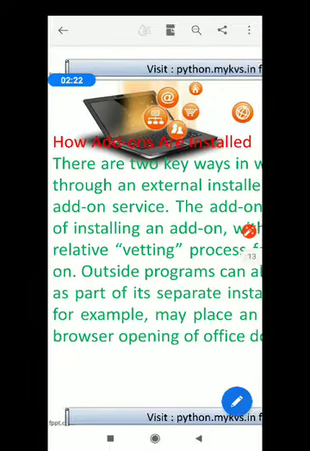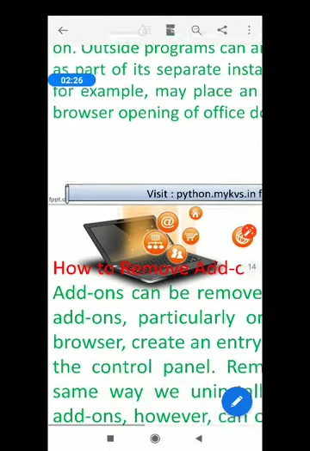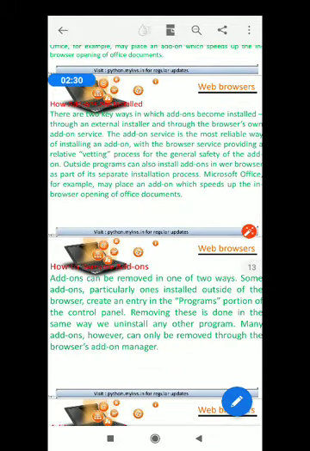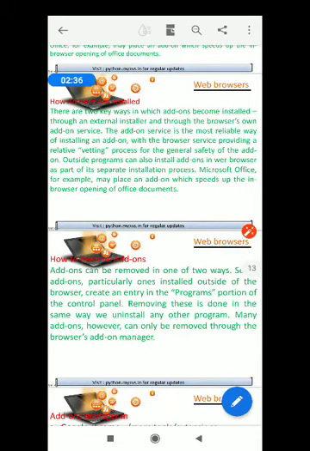Now what I would like to share is how to remove add-ons. If add-ons are inserted, they may be removed also. So you may go to control panel, and from control panel you may remove the programs. You may uninstall the programs that are there in the program listing.